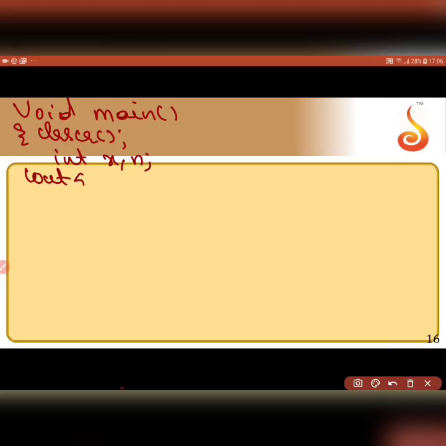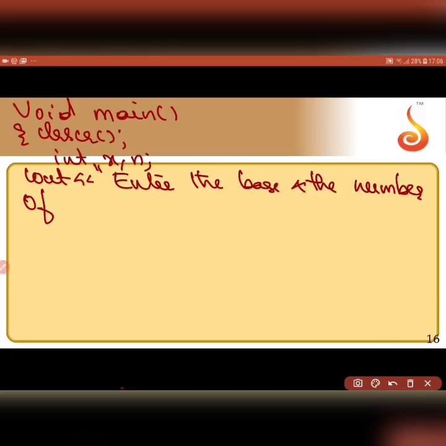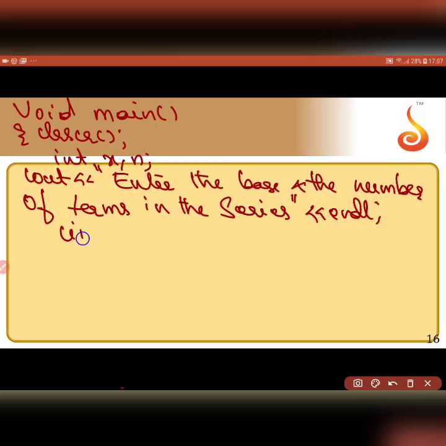Cout, enter the base and the number of terms in the series. Cin x n. So, I have taken the base value as well as the number of terms in the series from